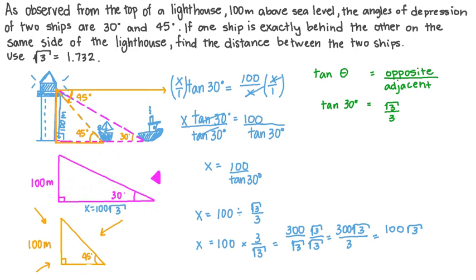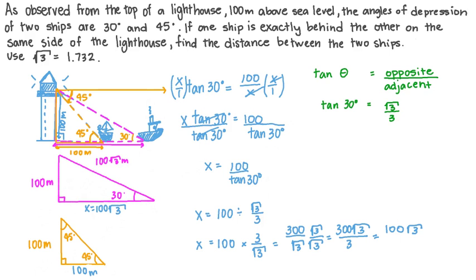Moving on to the small triangle. Fortunately for us, we notice something about this triangle. This is a 45, 45, 90 triangle. And that means the side lengths across from the 45 degrees are the same length. Our second boat is 100 meters from the lighthouse, and the furthest boat away is 100 times the square root